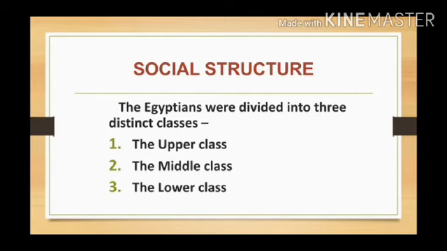Archaeological excavations, inscriptions, and official documents tell us a great deal about the life and times of the ancient Egyptians. All this information that we are learning about this ancient Egyptian civilization today is completely based on the information the historians and archaeologists have discovered over a period of time.